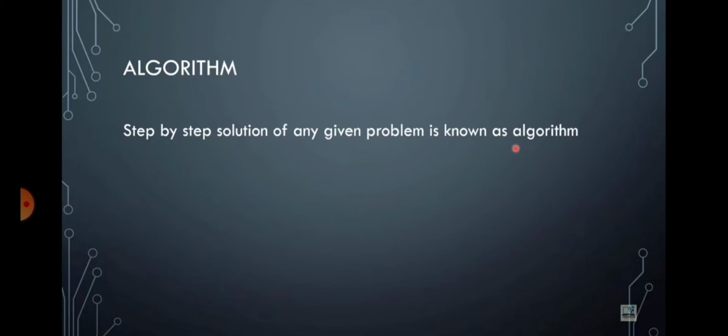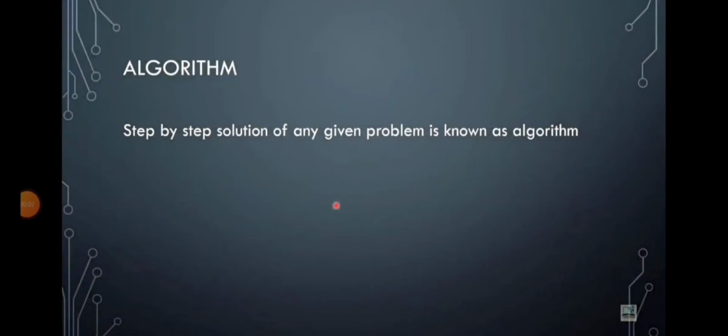Now what is the use of algorithm, you must be thinking. Do you remember, if we purchase anything from any online shopping website, there are so many steps to do. We have to write there our number, address, credit card details, and then only we are able to go further. What is this? This is nothing but a combination of steps, that is algorithm.